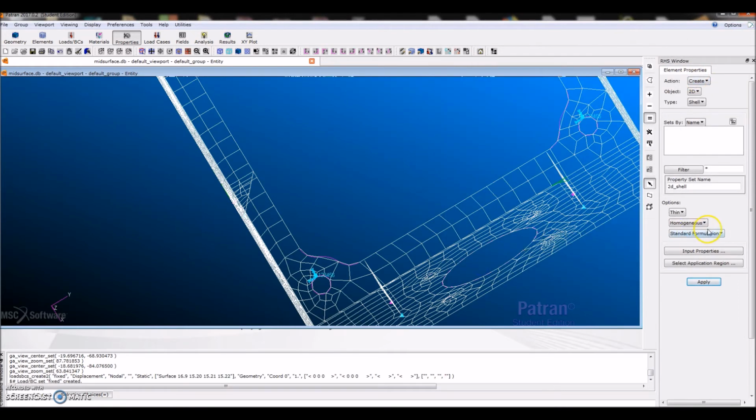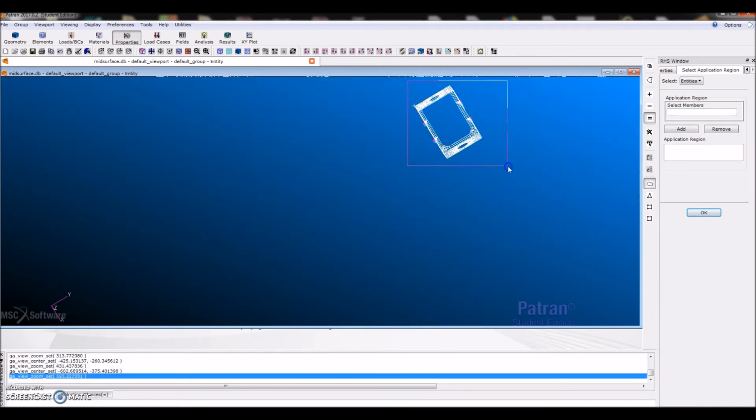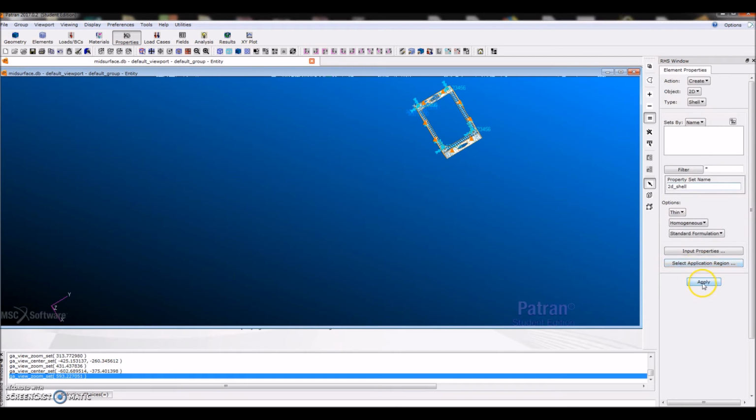You have to make sure it's thin, homogeneous, and standard formulation. We have to say where we want this material, in all of the surface. So we select all of the surface, add, OK,